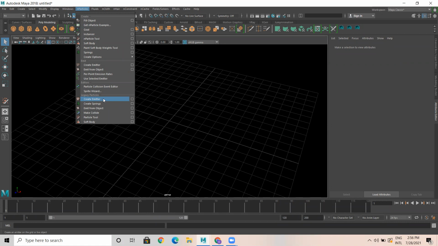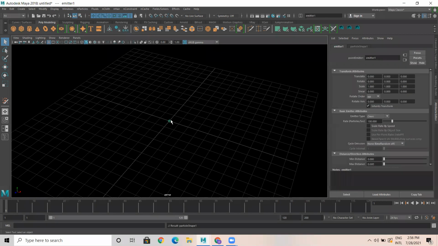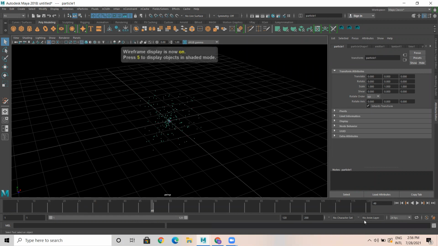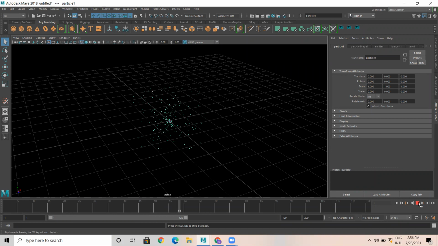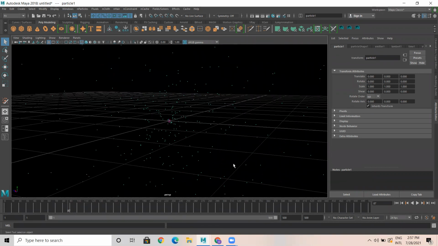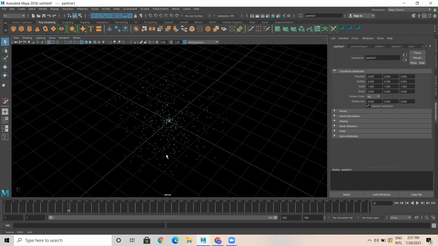Emitter tool will create an emitter which emits particles. Okay, there's an emitter now. And when I play, just observe, the emitter is emitting particles. Now this is emitting particles in all directions.